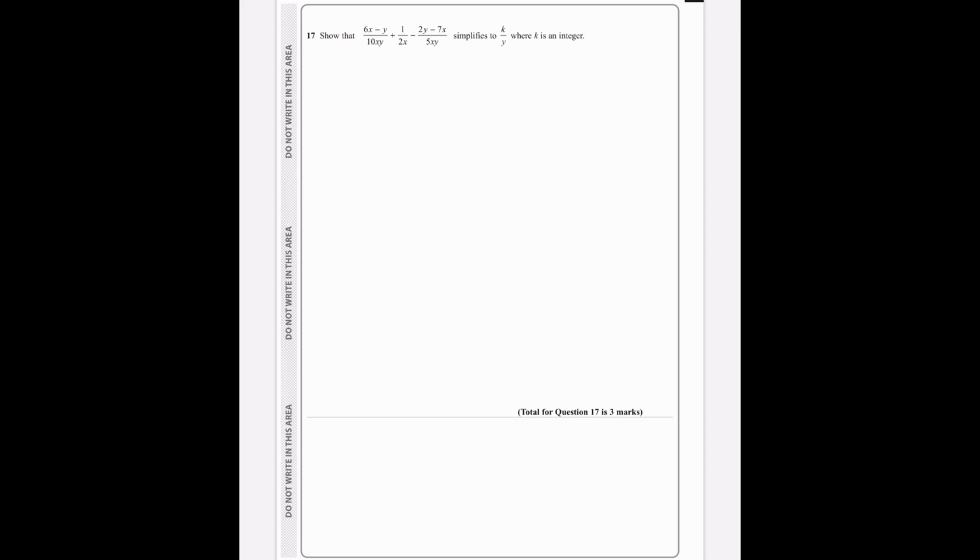Alright, question 17. We've got to find the common denominator. Both 2x and 5xy are factors of 10xy, so let's write these as fractions over 10xy. I don't need to change the first one. The second one, I can multiply the top and bottom by 5y. And the last one, I'm going to multiply the top and the bottom by 2,